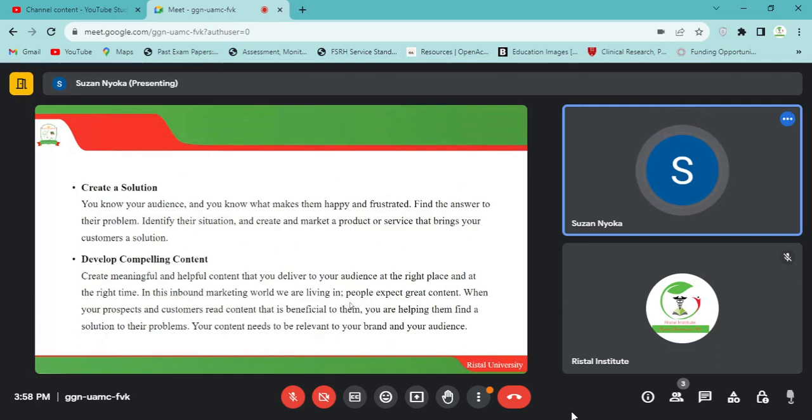Now, to develop content regarding the product. If you're making a nutritional product, maybe it has, let's say, omega-3. You need to create content in relation to the use of omega-3 in the body and all that. Create a lot of content. Make sure you keep coming up with a lot of content and keeping your customers active, wanting to know the next step.